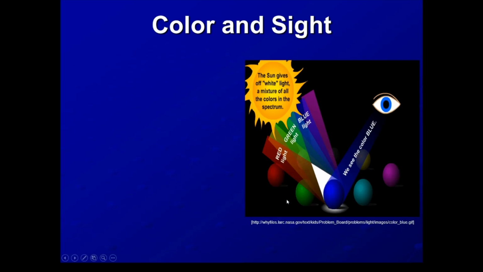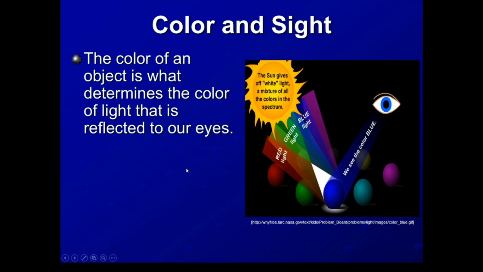So color is definitely useful, but we're going to talk about how we interpret different colors and how we are able to see colors off of a surface. So the color of an object is what determines the color of light that is reflected to our eyes. I want to make that really clear. The color of something that we see is the color of light that is reflected to our eyes from that